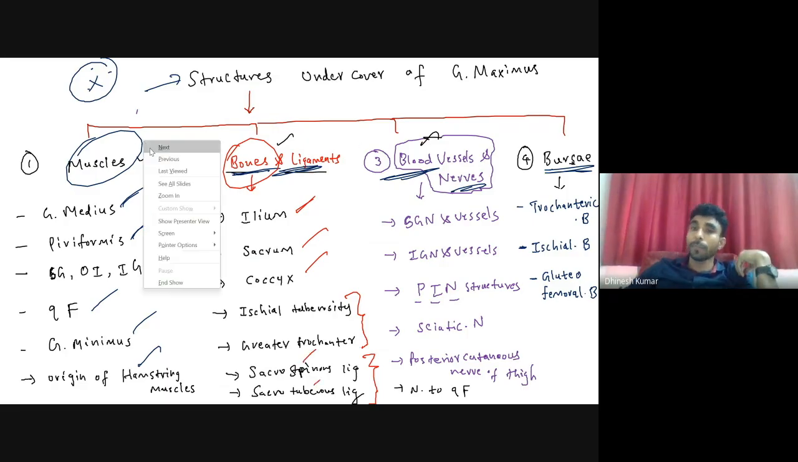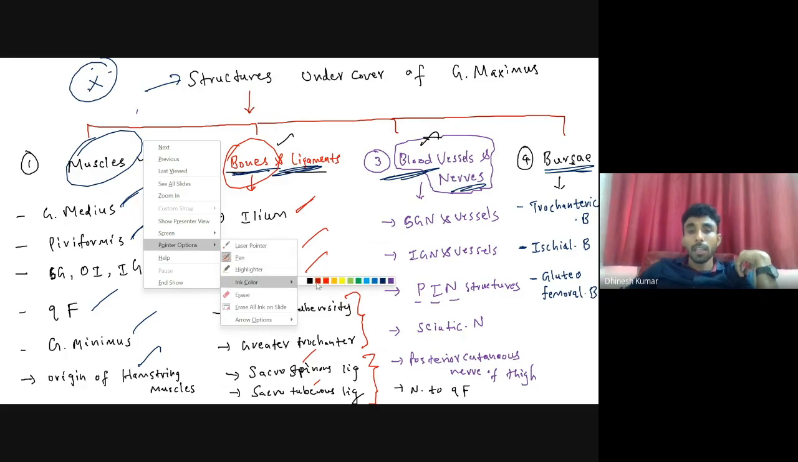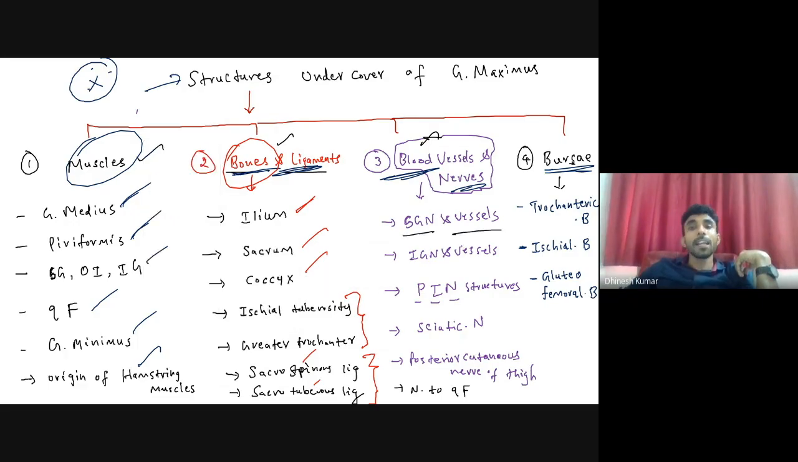Okay, what about the blood vessels and nerves? Yes, superior gluteal nerve and vessels, inferior gluteal nerve and vessels, then PIN structures. You will know what PIN means, isn't it? Pudendal nerve, internal pudendal vessels, nerve to obturator internus. Okay, then three more nerves also under cover of gluteus maximus: sciatic nerve, posterior cutaneous nerve of thigh, nerve to